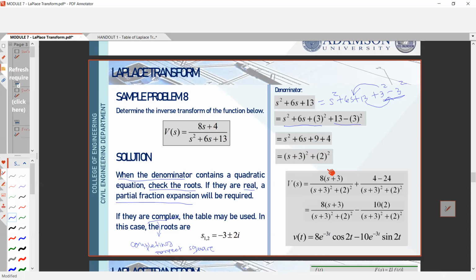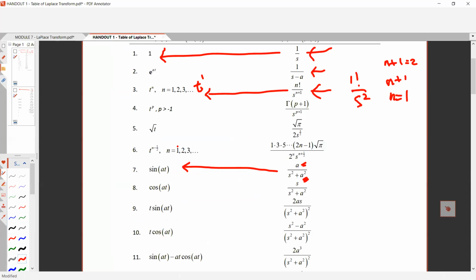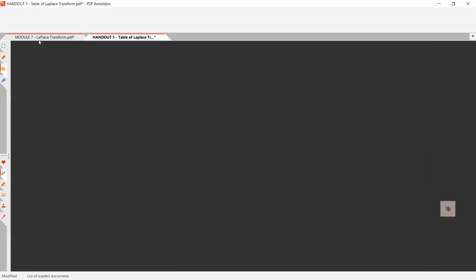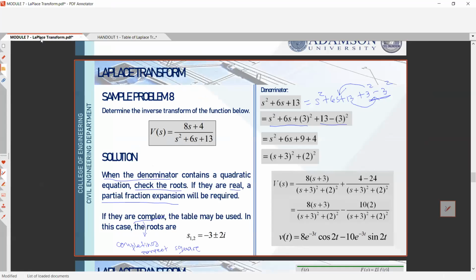Okay, so ibig sabihin pala, yung ating denominator is equivalent to s plus 3 squared plus 2 squared. Okay. So transform mo siya into this notation. Okay. So ngayon, hanap tayo sa table. If you check the table, okay, sorry. If you check the table,